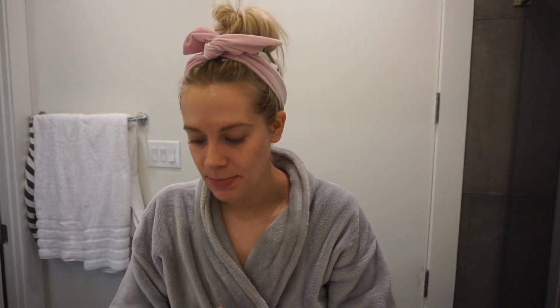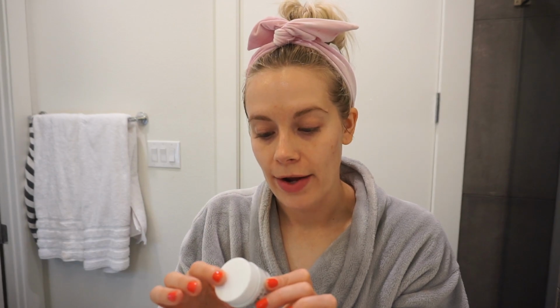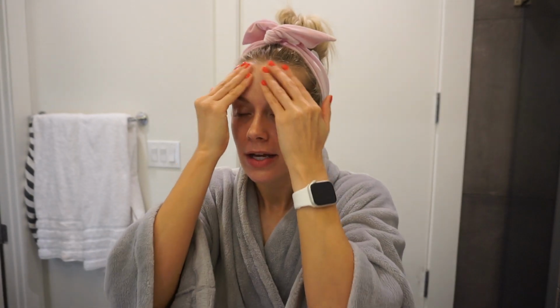Next steps. This is something that I've been trying out recently, the Ultra Facial Overnight Rehydration Mask with 10% squalene. I got a sample size at Sephora. I really love this guy. I use this when I'm really dry. This is thick, almost like the consistency of shea butter. But anyways, I'm really using this because my skin has been a little flaky and dry. Top that off. It's thick, but it melts into the skin like butter. And then